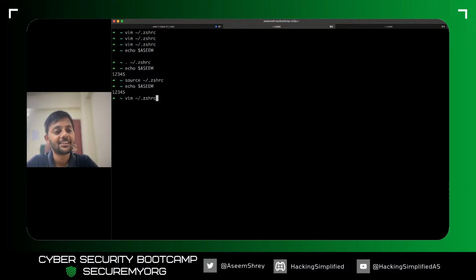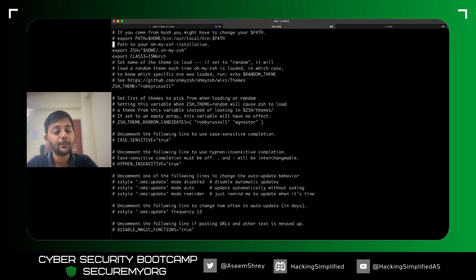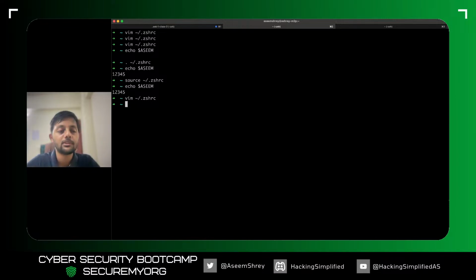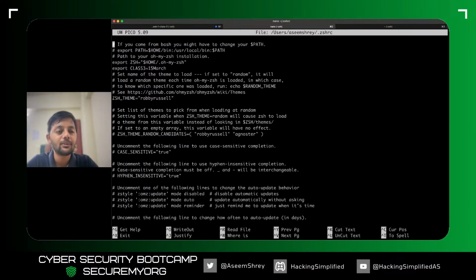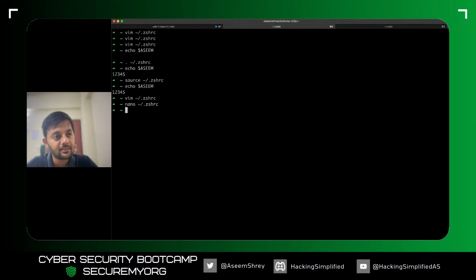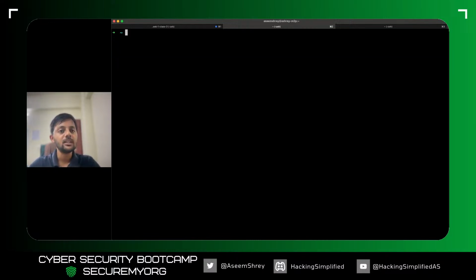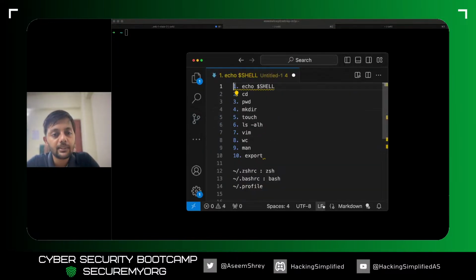Now let me just again remove that. Double D basically deletes a line in Vim. So this is a Vim editor. You can also use Nano if you are not very comfortable with Vim. I just happened to learn a few shortcuts in Vim, that's why I've been using it. But again, you can see here Control X for exit, Control O for write out, Control R to read file, previous cut text. All these things are there. So Control X is for exit. Okay, cool.